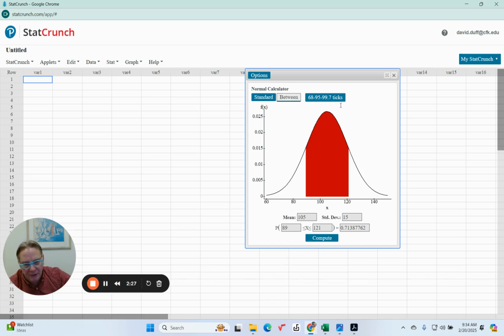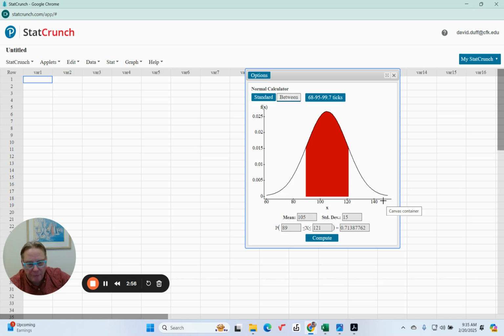So 89 is around here. And by the way, just an added thought. If we have a mean of 105, that's right here. And we have a standard deviation of 15. So one standard deviation above 105 would be 120. One more standard deviation above 120 would be 135. And one more standard deviation above